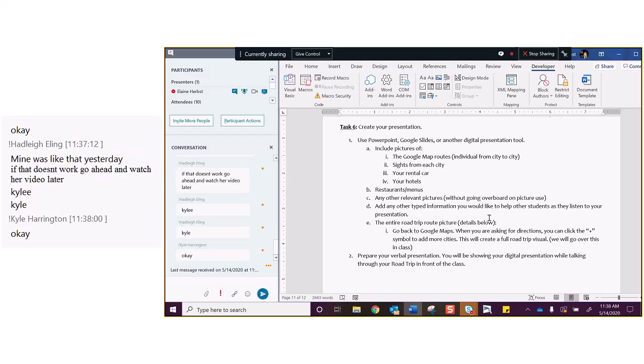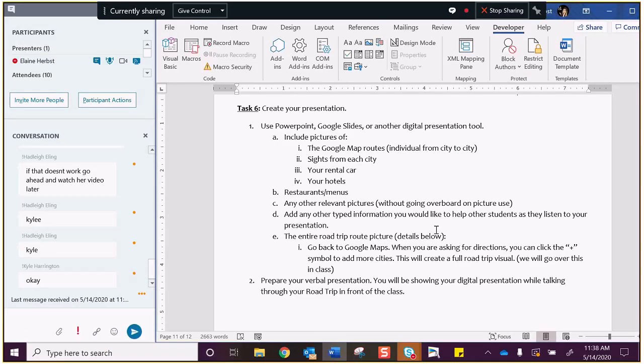You do need information about your rental car, so most students will just do that on their own slide. Hotels, restaurants, other relevant pictures. Most of that you'll group by city. So my typical recommendation is have a title slide, have a slide for each of your 5 main cities. You don't really even have to address those one night overnight stays in your PowerPoint. You don't even need to address those.